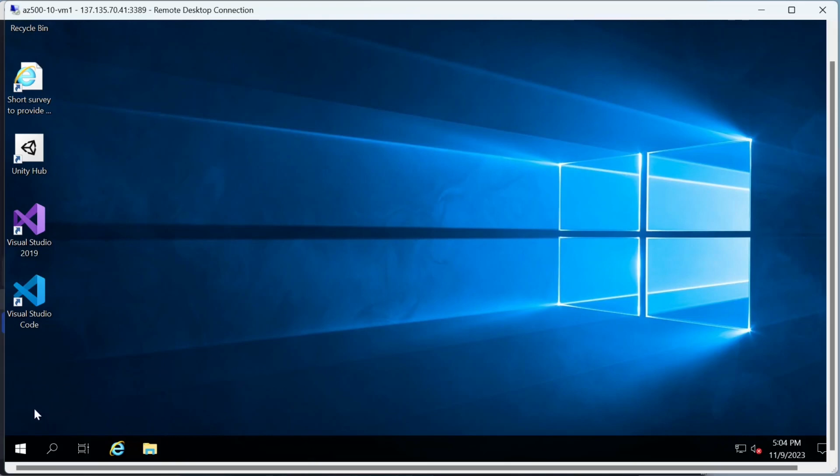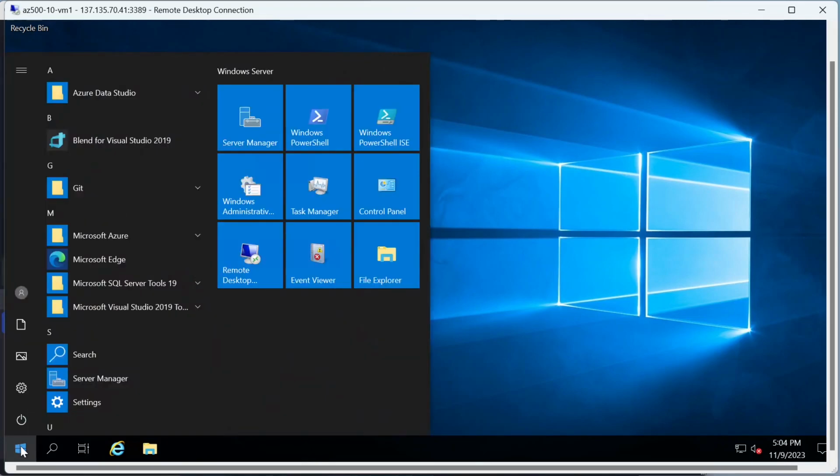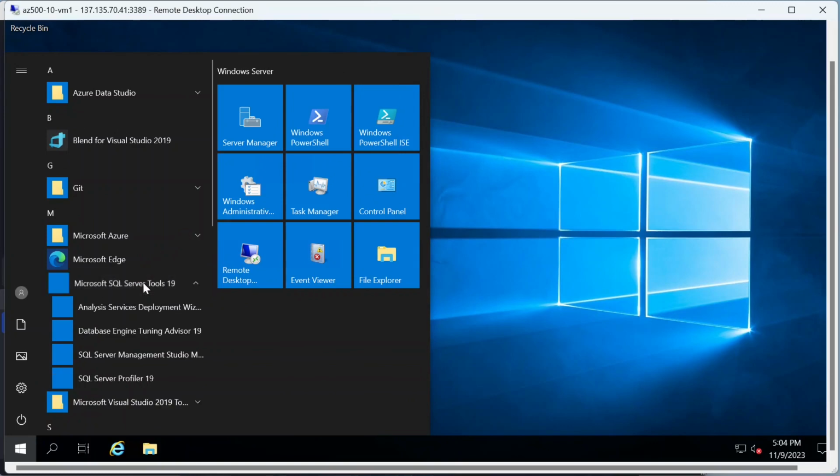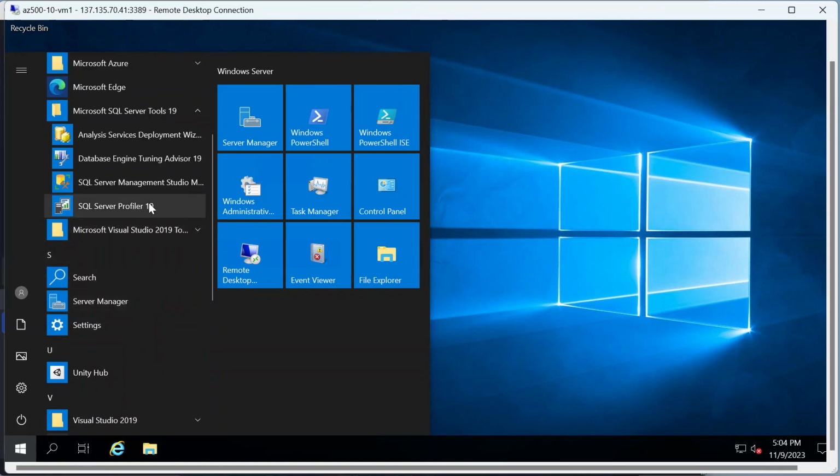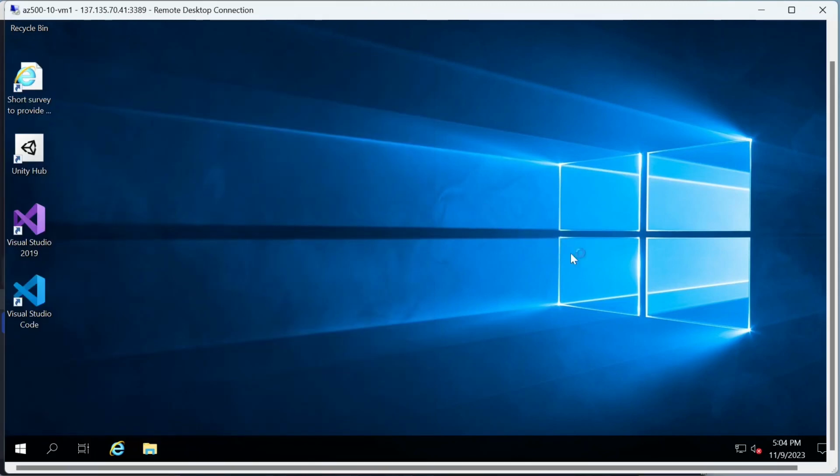Now we need to click start, then under the Microsoft Visual Studio, is it Visual Studio? No, it's actually Microsoft SQL Server Tools 19, right here. You need to click on that folder and scroll down. We need to open this SQL Server Profiler 19. I think that's what we need to open, so just click there, give it a moment to launch,